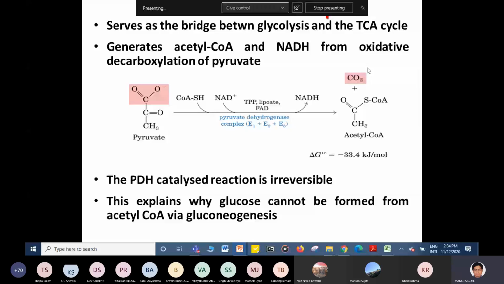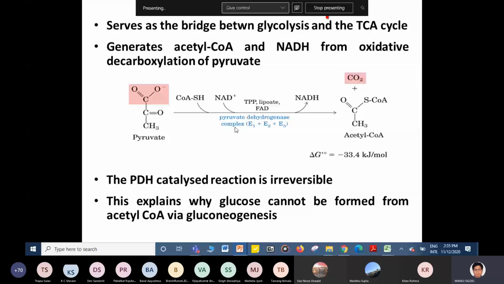As you can see, it results in the formation of one NADH molecule. One NADH molecule means, according to the old concept, you will calculate as 3 ATP molecules. And when you calculate the total amount of ATP formed from one molecule of glucose, there will be two pyruvate molecules formed, and from two pyruvate molecules, two NADH will be formed, and accordingly you have to calculate. Okay, pyruvate will give rise to the formation of acetyl-CoA with the help of the enzyme pyruvate dehydrogenase